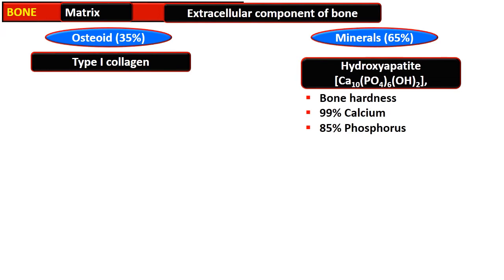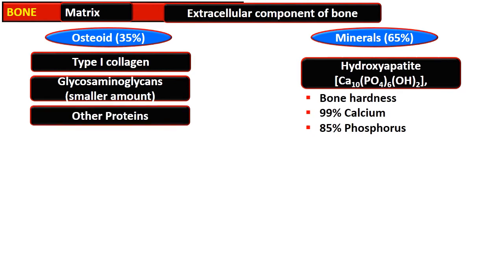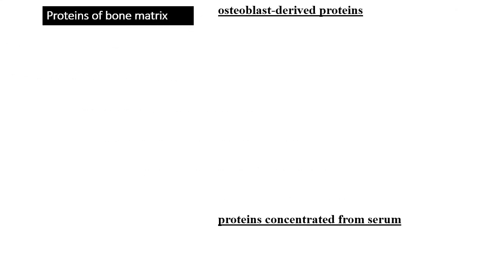The main protein in the bone is type 1 collagen. However, glycosaminoglycans are also present in minor quantities and other proteins are also present. The proteins of the bone matrix are derived from two sources. One is the osteoblast derived protein. Osteoblast is one of the types of bone cell, and the other group of proteins are concentrated